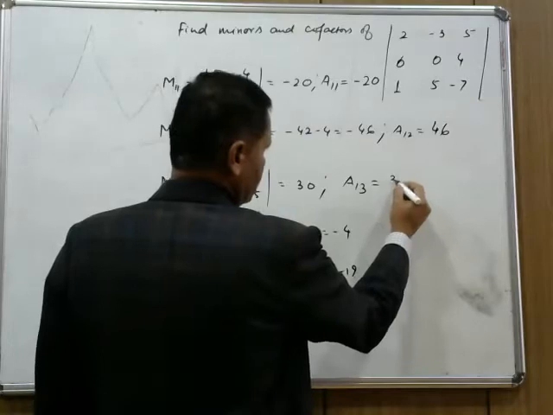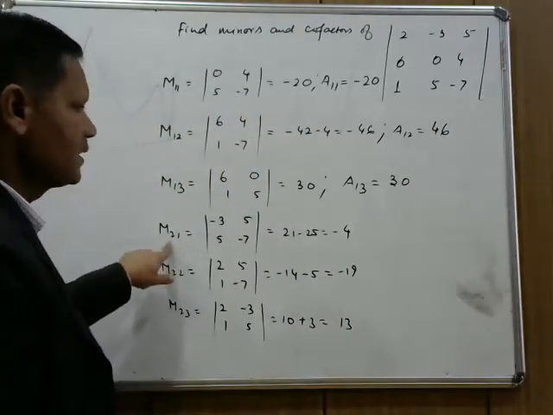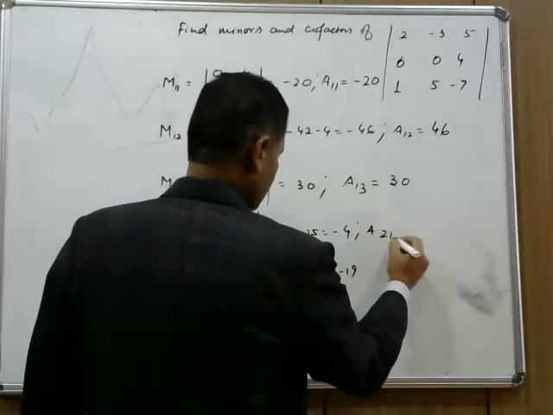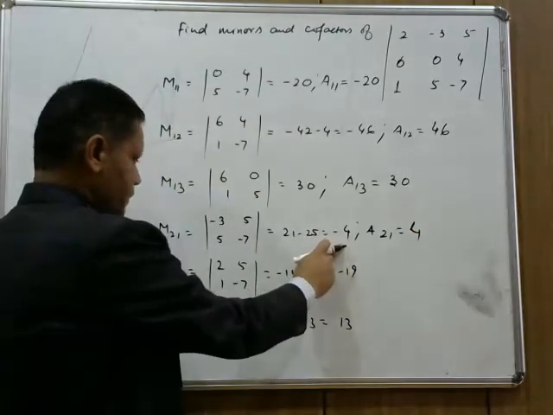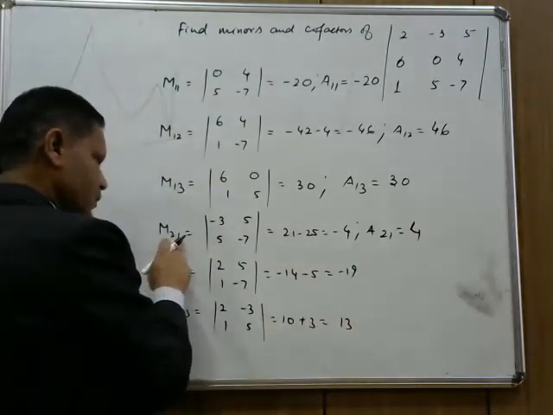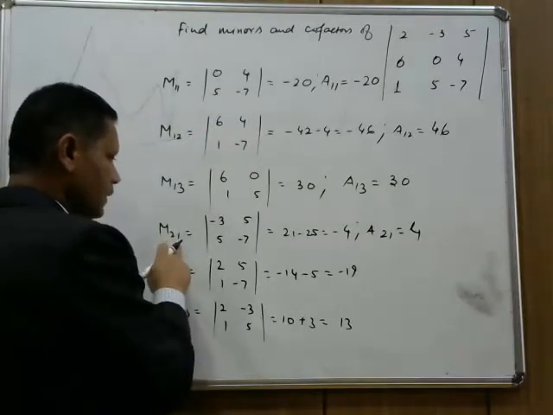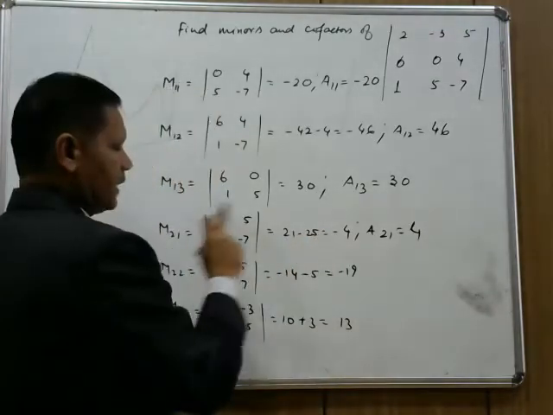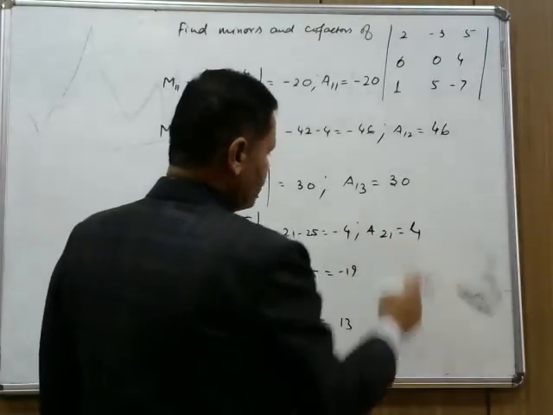And if we have M13, 1 plus 3 is 4, it will not change, that's why the value of A13 will remain 30 only. Here M21, 2 plus 1 is 3, that's why again it will change, the value of A21 will be positive 4. It is negative 4, but the sum of this row and column, 2 plus 1, the address of this minor is what? Odd, that's why, while I am writing the cofactors, the sign will change, A21 will be 4.